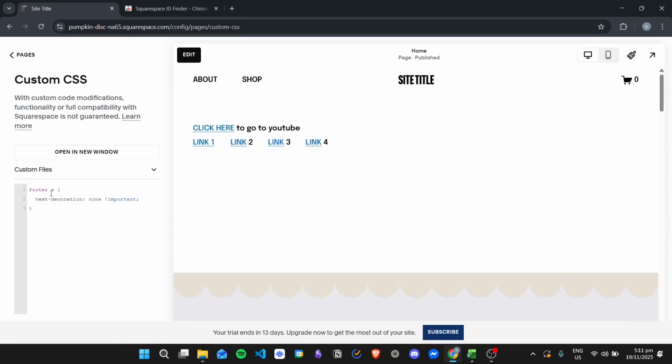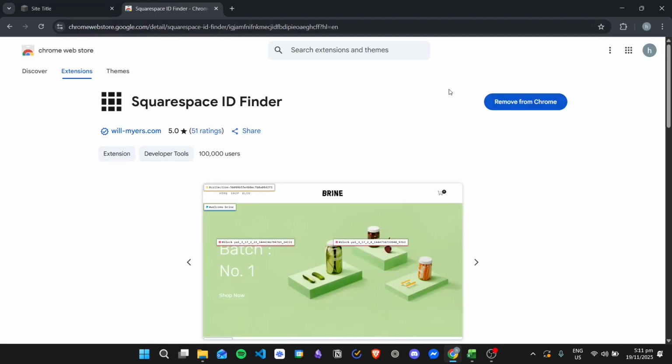So just go ahead and remove the text right here if you want to apply it to all of your pages. But what if you want to remove an underline from a specific link only? For example, I want to remove the underline right here, but I still want to have the underlines from the other links. So what you can do is insert the block ID of that specific block. In order to do that, you need to install this extension right here, which is the Squarespace ID